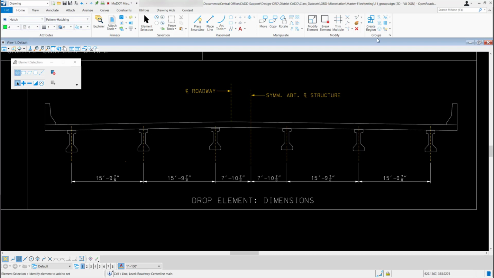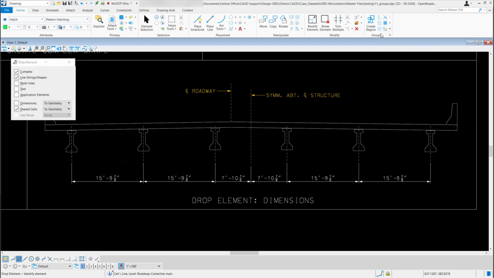Come back up and select my Drop Element tool again. So here I have a single dimension line. Maybe I want to drop it down so each dimension is its own separate piece. So if I check on my dimensions, I want to change this from to geometry to to segments. If it's set to geometry, it'll drop that dimension down into its lines, arcs, and text.